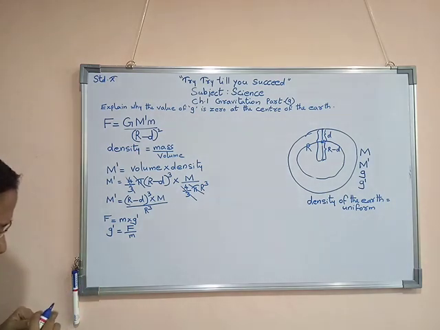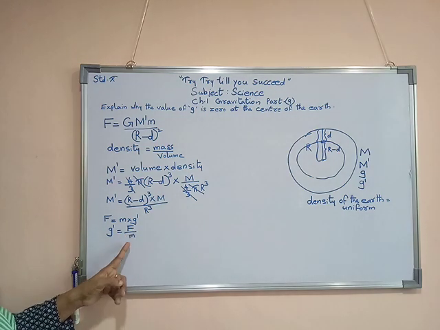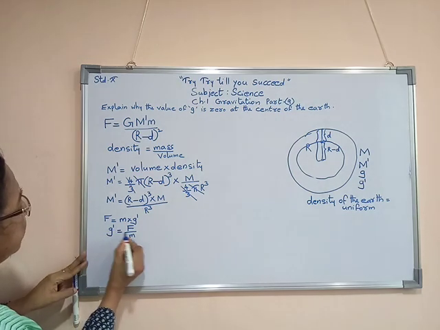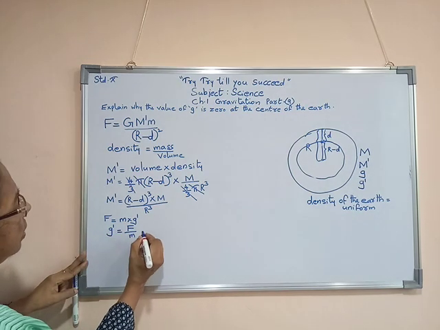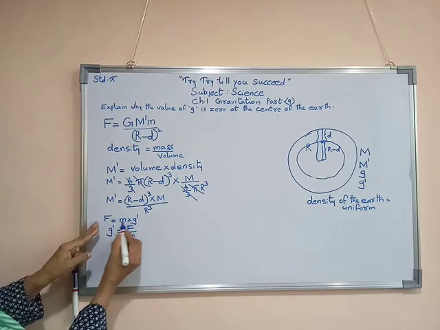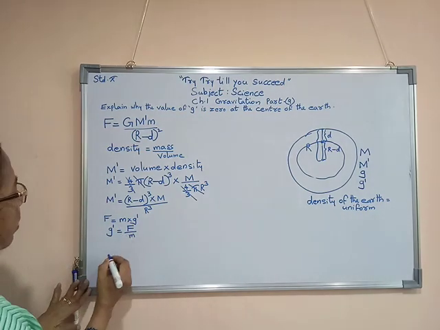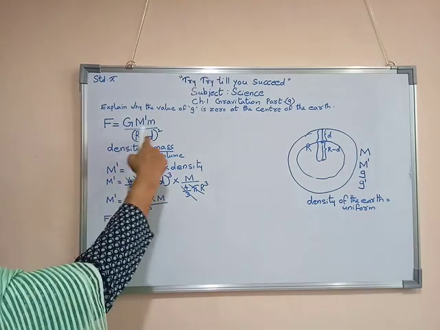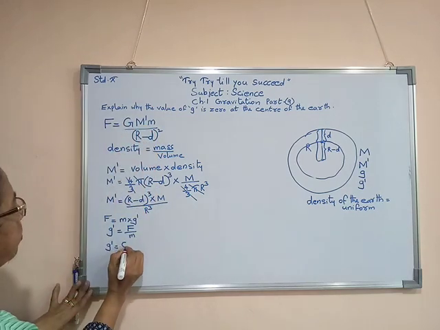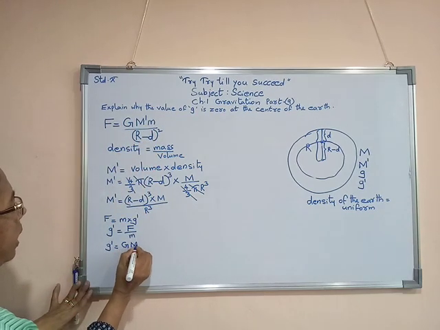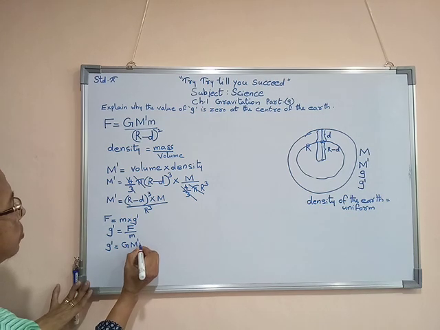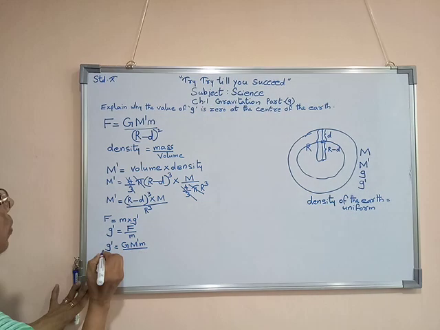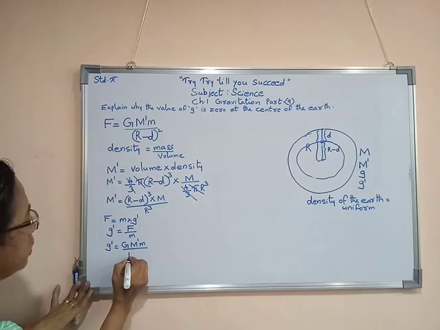So here now, what is written? Capital F, force, we are writing afterwards. So here see, G dash is equal to capital F upon small m. Same thing only, from this equation I derived. Now we are putting the value of F here. So G dash is equal to, we are taking the same formula, that is capital G capital M dash small m upon (R minus D)